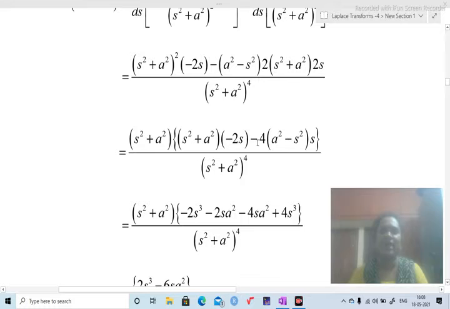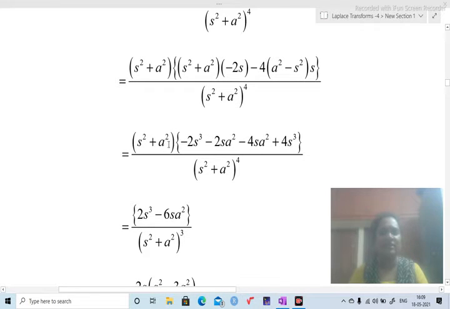Again now I am going to simplify this term. Here you can observe s square plus a square is common in this term and this term. Take that term outside, then here one more s square plus a square will remain, minus 2s as it is, 2 2s are 4, s is also as it is, this term as it is, this term is outside. Now again simplify this bracket, then I am going to get this term.